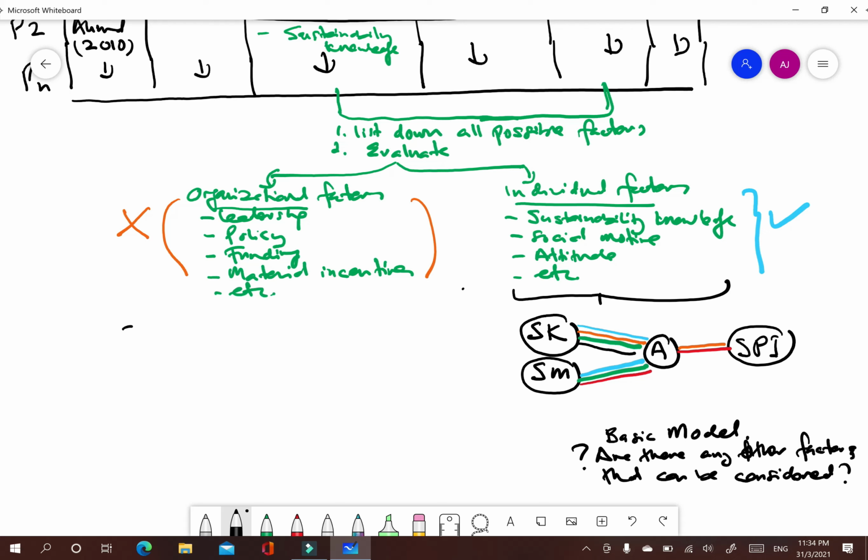Okay, so the basic model that we developed based on the previous research, we have these 4 variables, and then we ask ourselves, are there any other factors that can be considered, not only limited to these 4? Okay, for example, maybe there are other factors as well.